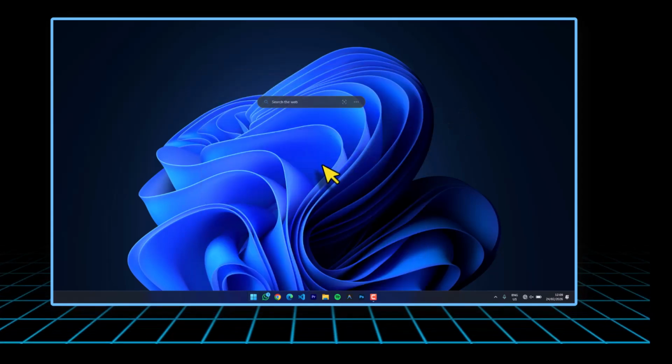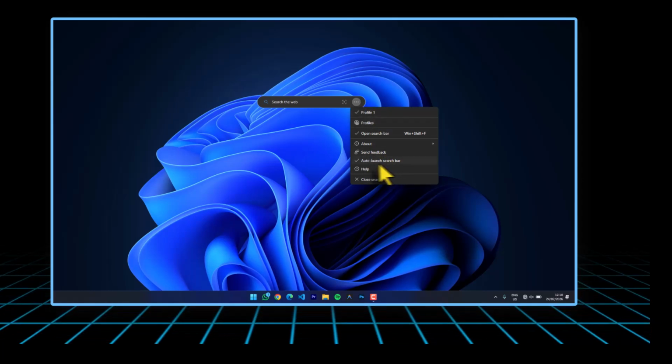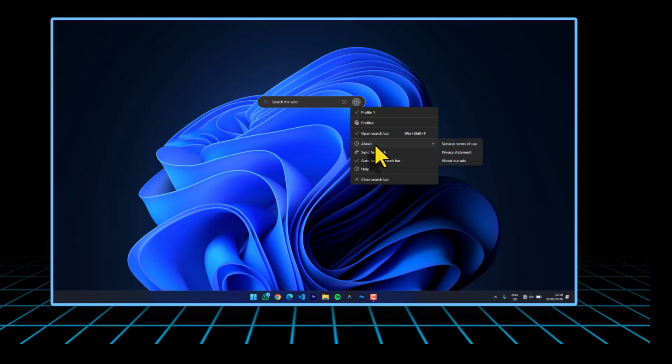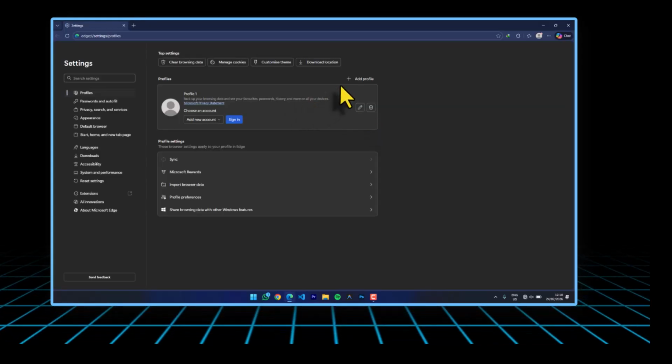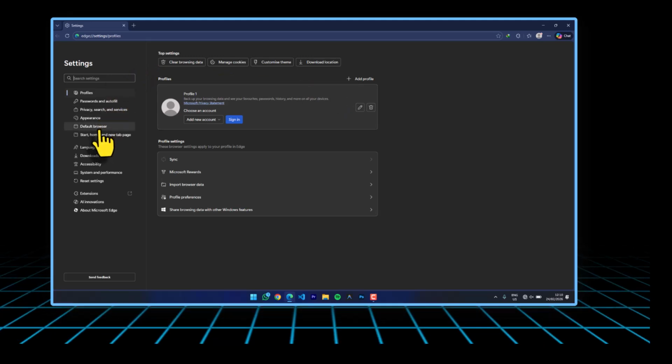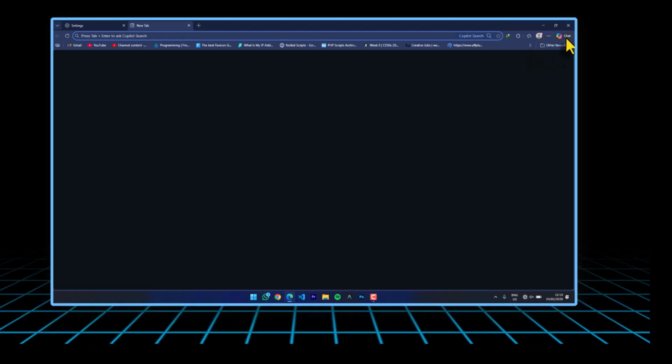Now the second app is this one. You get it by default. Update your Microsoft Edge. This is Microsoft Edge. I'm going to show you how it works. So you go to, let me go to profile. Yeah, so this is how it works. So all you need to do is come here. You click on,